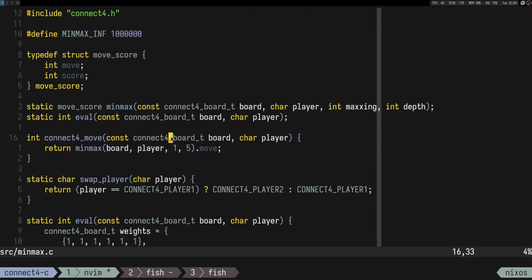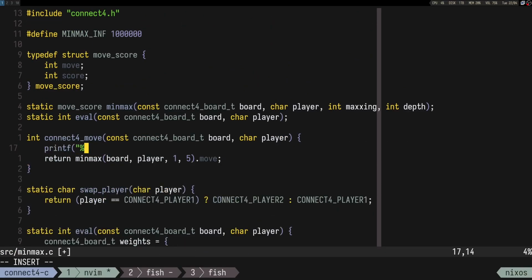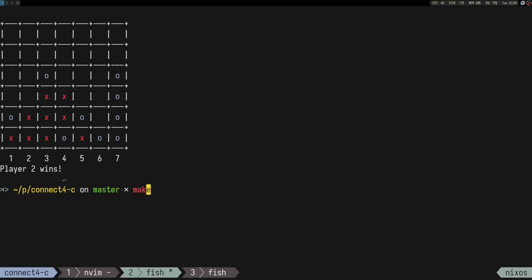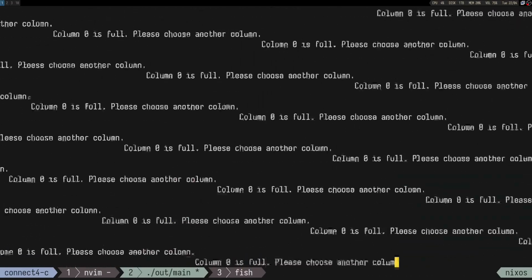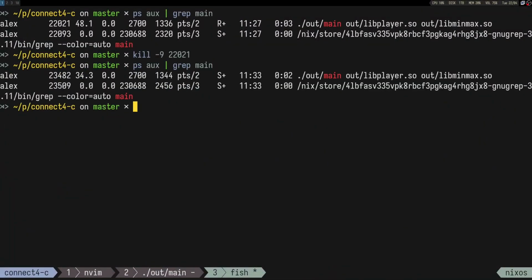I'm curious. Let's print here, printf the player, %d player. It should be, I'm thinking about it, player 2, right? Oh, so if I press Control D, it gets